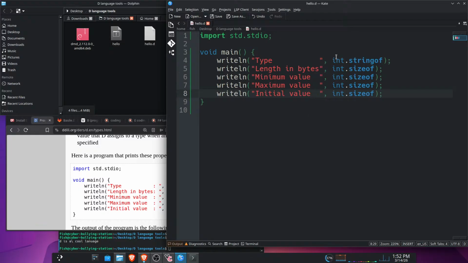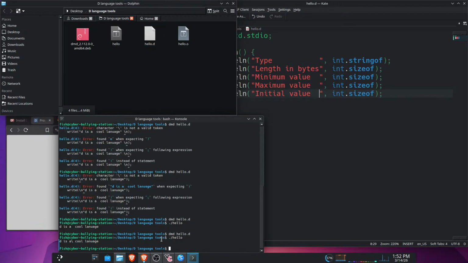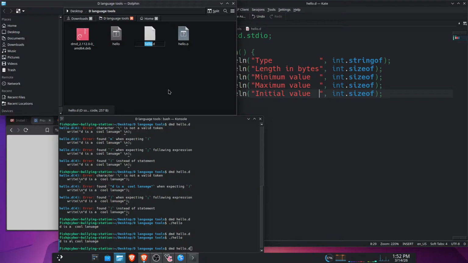Control S. Alright, it's ready to be compiled. So time to get into our compiling part. DMD hello.d. I mean, we're just going to call it hello.d. And actually, you know what? I probably shouldn't call it hello.d anymore. We're going to rename this. We're going to call this, and